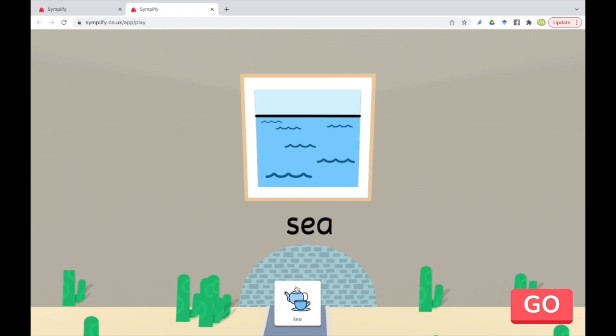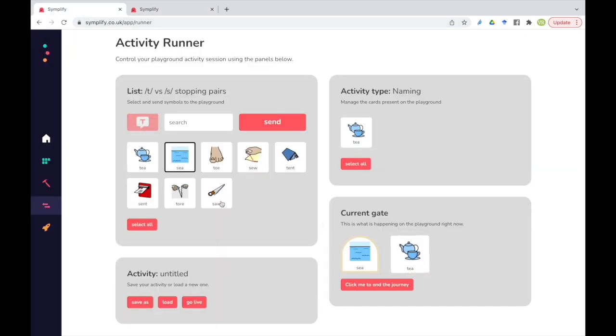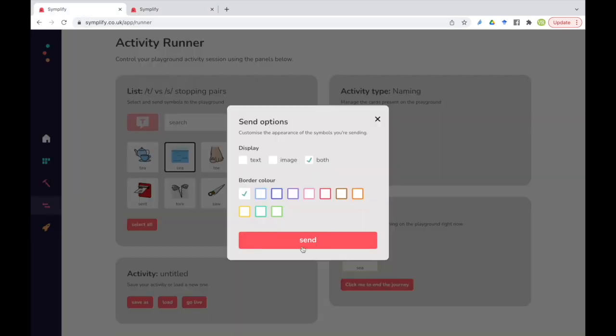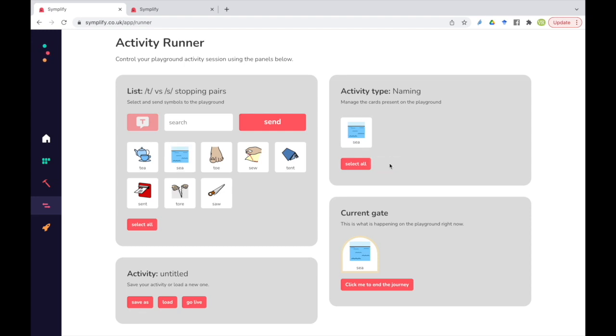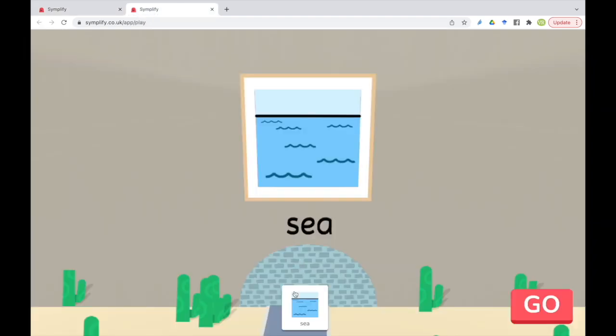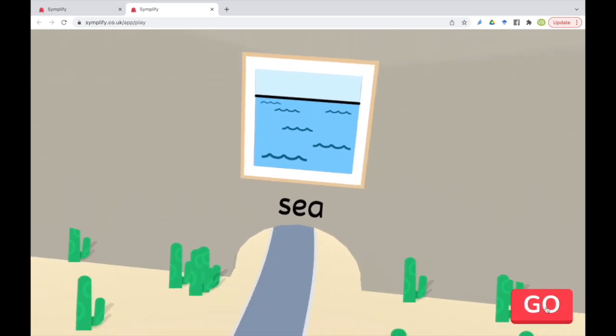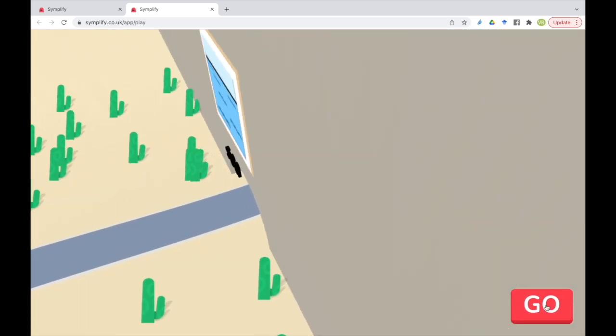So we will, oh, there we go, that's the wrong one again. So we're going to send C. Let's send that, and we'll get rid of T. And what I'm going to do before we get our client to give that one to the C gate, I'm going to click here. So once you've gone through as many as you want to, it will just keep cycling through them. So the game doesn't end until you tell it to. So once you're ready to end, you can go here, click me to end the journey. And then if we give them that one, I think, let's see what happens.